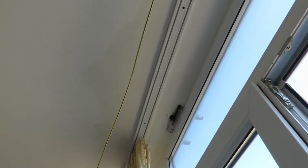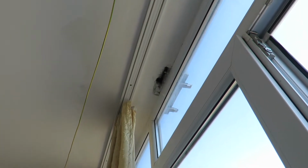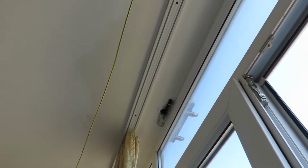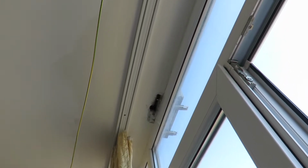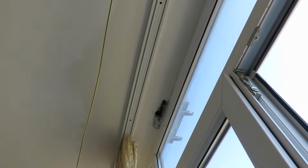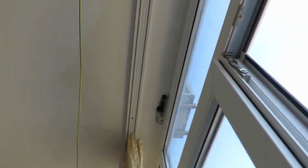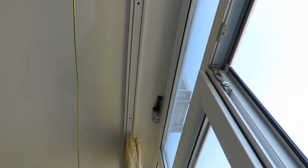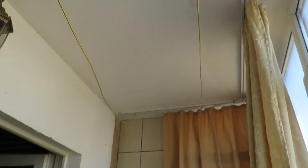Hi guys, just wanted to show a little update of what I've been doing on my balcony. Because I have had a really bad problem with mold here, and the thing is that I have asthma, and I'm also, among a number of other things, very, very allergic to mold. As I speak, you're gonna wonder, but there's no visible mold anywhere. It is so bad that I feel